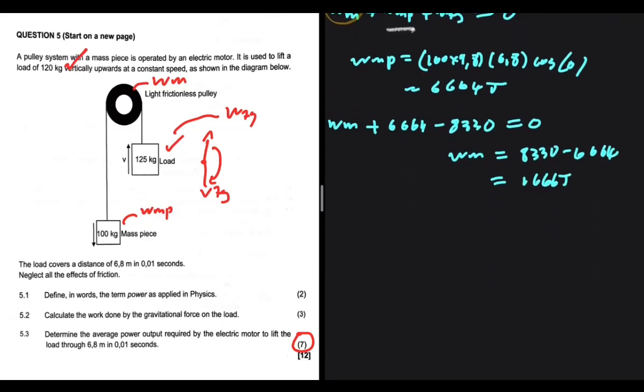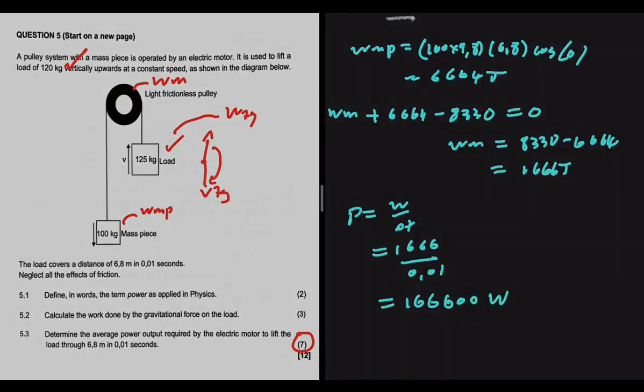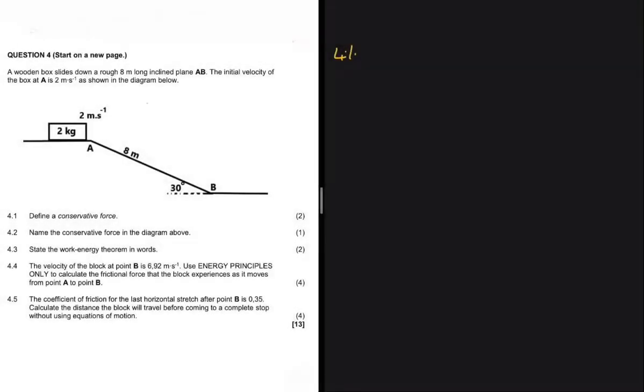But we're looking for the power. The power is the rate at which work is done. So we're just going to have 1,666 divided by the time, 0.01. We're going to have 166,600 watts. Conservative force, it is a force in which the work done in moving an object between 2 points